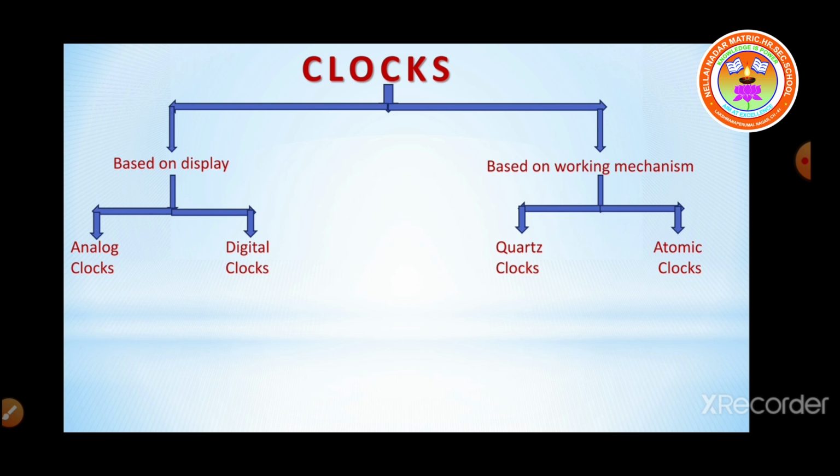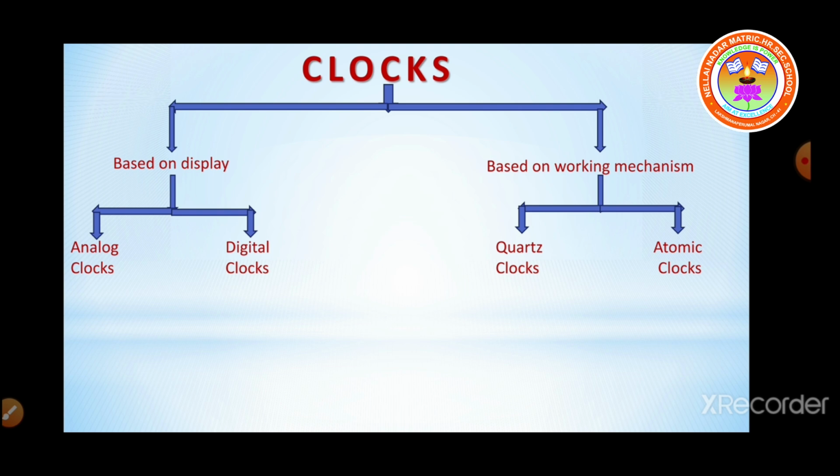What is the use of a clock? A clock is used for measuring the time. Everyone knows, isn't it? In the ancient times also we used many clocks. For example, we used a sand clock, and the sun is also one of the clocks we used for measuring the time, and the hour clock, that also we used. Nowadays, based on the accuracy, the clocks are classified into two types.